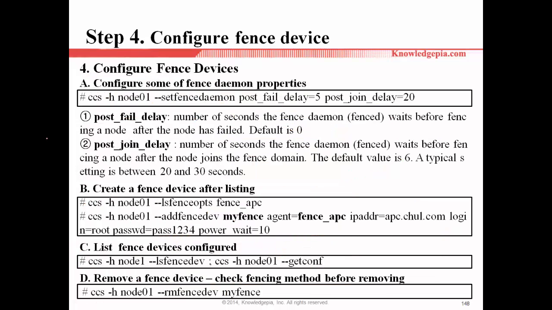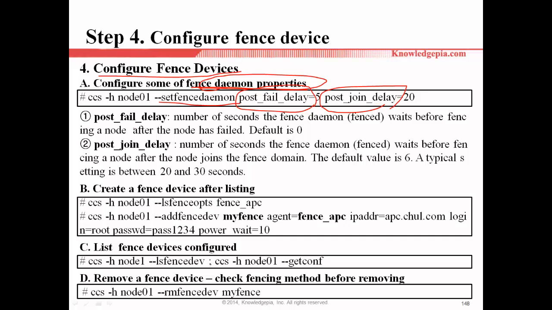Step 4, configure fence devices. So first one, fence devices here. Before we configure the fence device, we need to set the fence daemon properties. Here I will use two kinds of property, post fail delay and post join delay, using this option